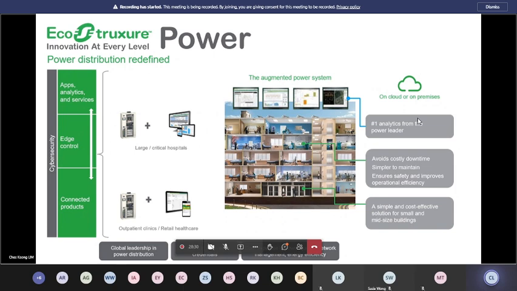Just for your information, most of you will know that Schneider Electric is one of the few good power system providers available in the world today. We may not be the best, but we are definitely among the best. So when it comes to power, we are very passionate. We have more than 100 years of experience, and when we apply it to healthcare, it can pretty much cover most of the gaps you can find within a hospital.